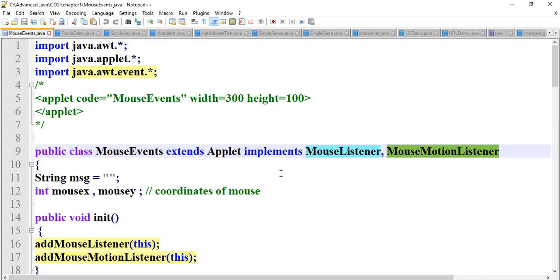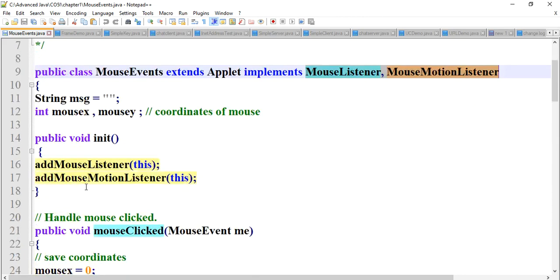In this program we are using mouse listener and mouse motion listener. One more concept is clear here, that at a time we can implement more than one listener.